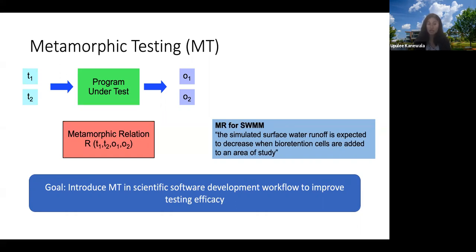However, this metamorphic testing technique is not widely used in scientific software development. So our overall long-term goal is to introduce metamorphic testing into scientific software development workflow in order to improve the testing efficiency and effectiveness.